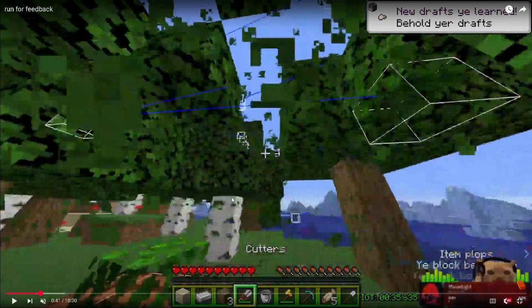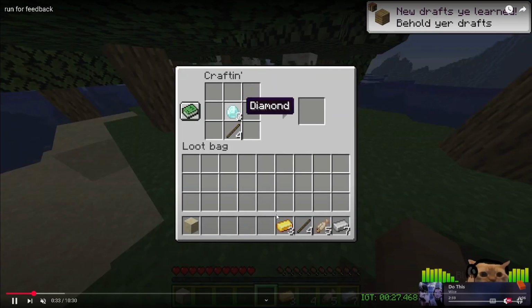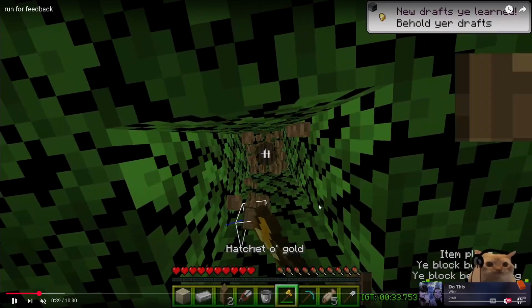Okay, so a few optimizations there. Before you go to a second tree, you want to make your boat and doors and break your crafting table so you don't have to backtrack to the crafting table later. And then with the leaves you're breaking here, generally you only want to break leaves